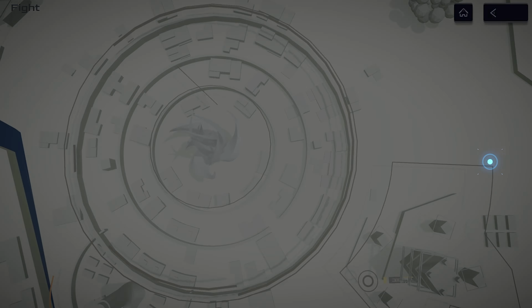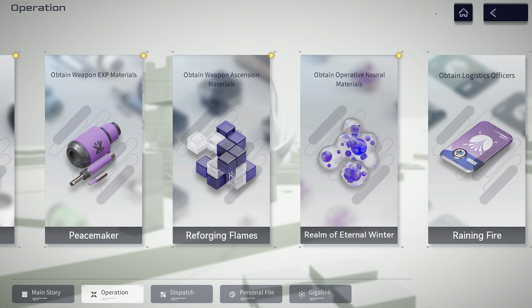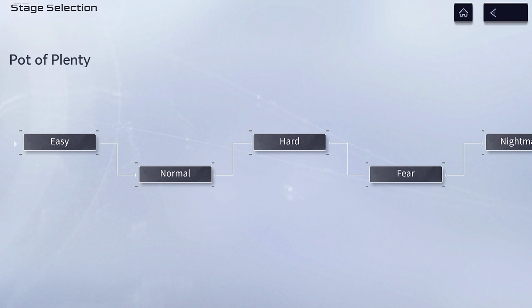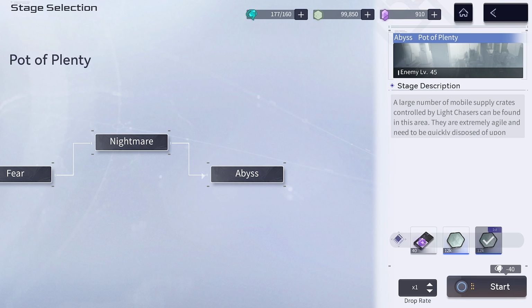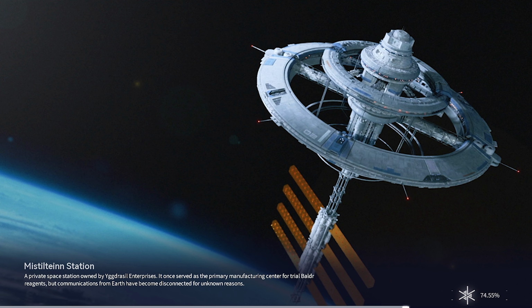Now, I'm gonna show you something interesting on, where is it? This one. Abyss. You can make Abyss really, really easy. Not that it's super hard, but